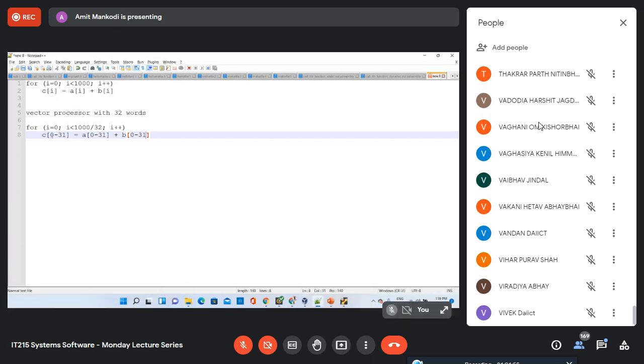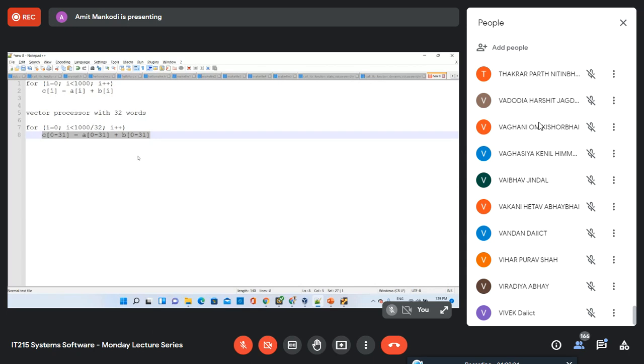Every time, this offset will change. So you do 0 to 31 in the first iteration, and in the second iteration it will go from 32 to 63, and so on. It will handle all 32 values in a single instruction, even though it is doing one-to-one matching here. So 0 plus 0 will go into C0. It will be done like that only, but all 32 values will be in separate vector processor elements.